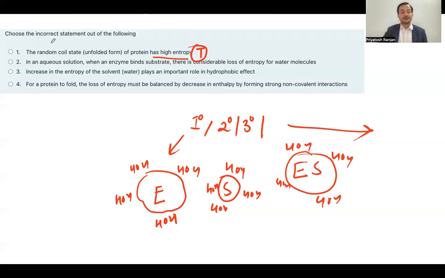Remember, I have to choose the incorrect statement. So this seems to be false. Third, increase in the entropy of the solvent plays an important role in the hydrophobic effect. Seems true here, because remember, when we talk about the hydrophobic effect, we talk about the apolar or non-polar molecules coming together. So let's say if I'm talking about the protein, the hydrophobic amino acids will start interacting with each other. They will form a